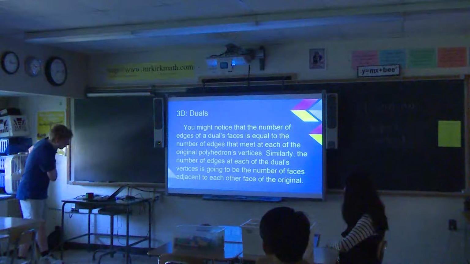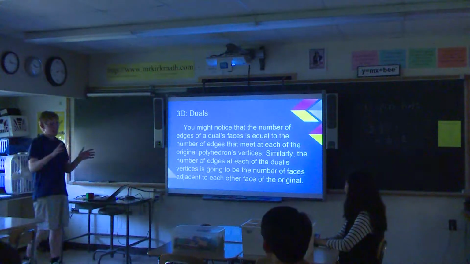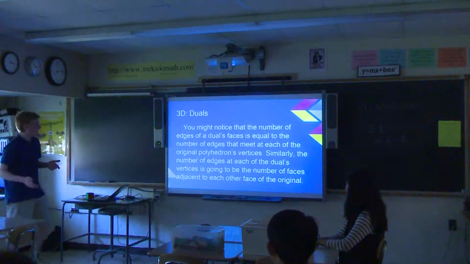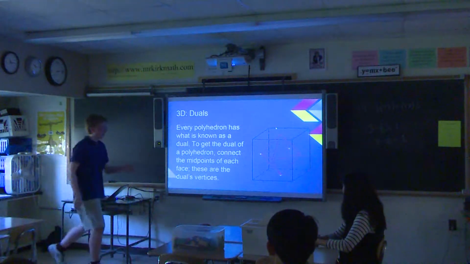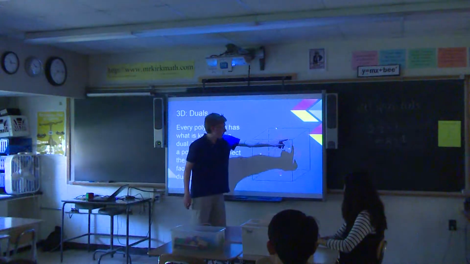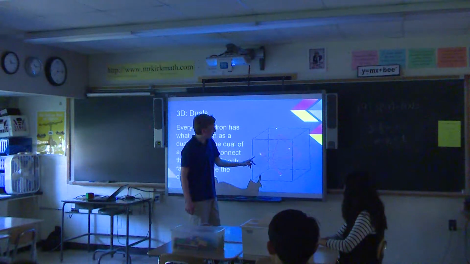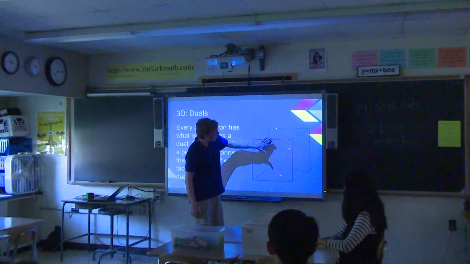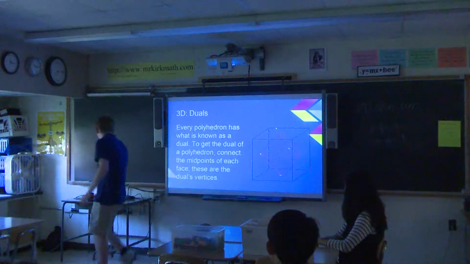So basically what Mr. Drix just said. You'll notice that the number of edges that a face has is equal to the number of edges that meet at each of the corners of the original polyhedron. So, as he said, you have a corner right here. You have 3 edges meeting there: 1, 2, 3. And so the face of the octahedron has 1, 2, 3 sides. And similarly,